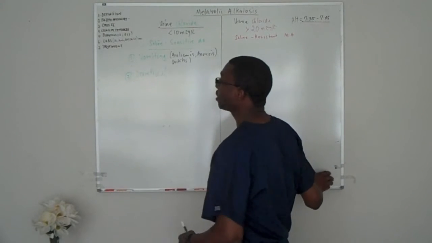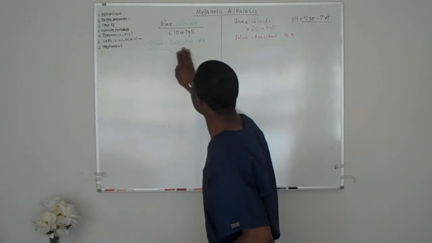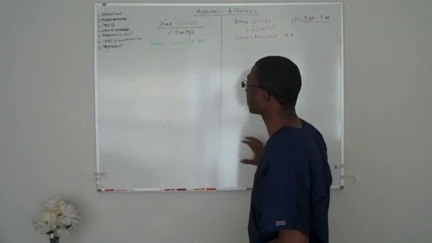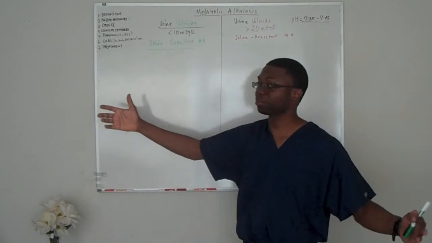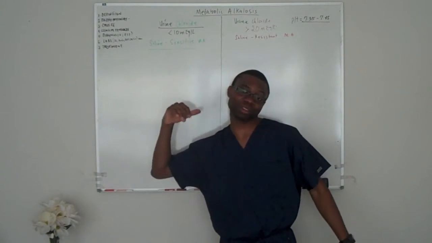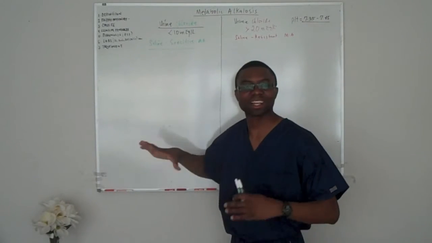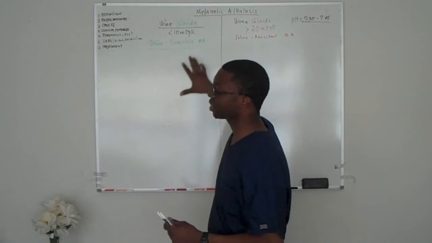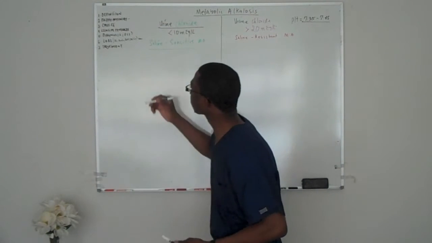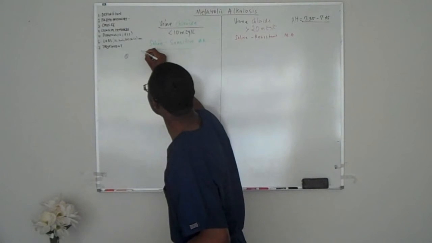Now let's go over the pathophysiology, because that's where everything is going to make some sense. Remember, this is the left part of my brain. So we are working with the right side of my brain right now to figure out what exactly causes saline-sensitive metabolic alkalosis. So the first thing that happens is the patient is going to vomit, right?